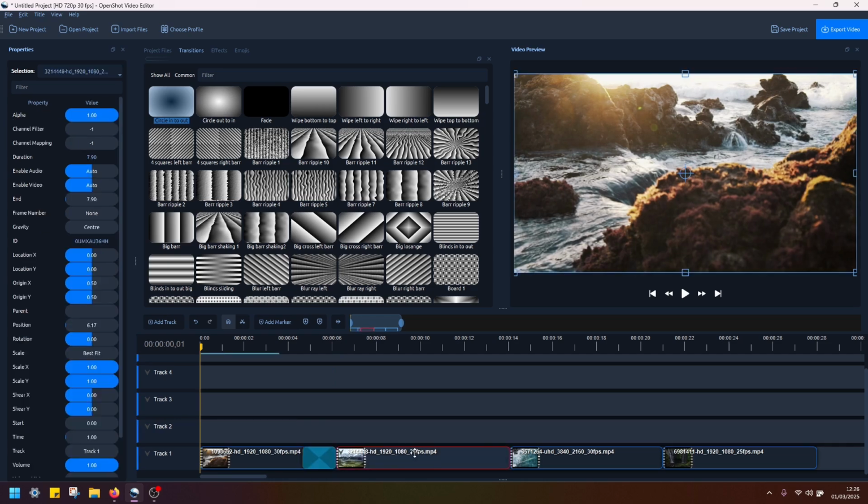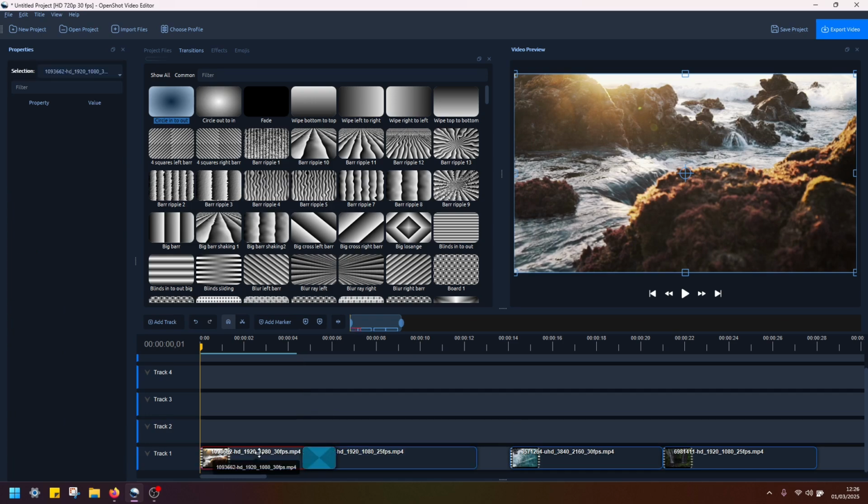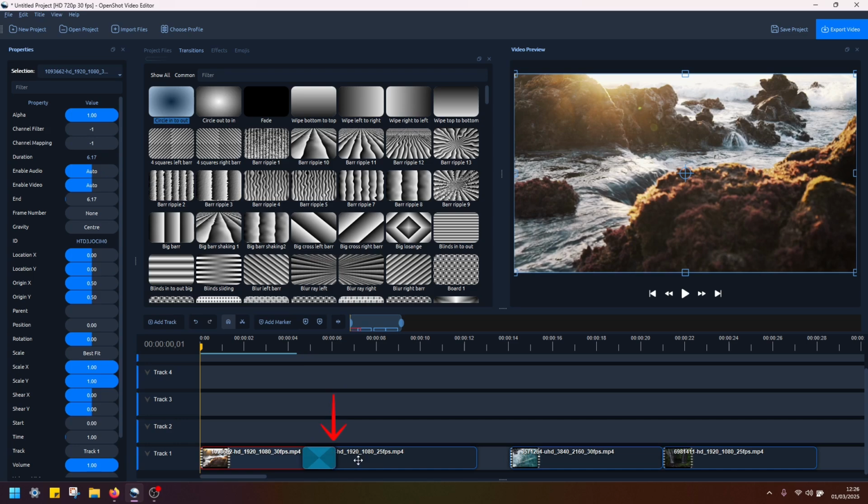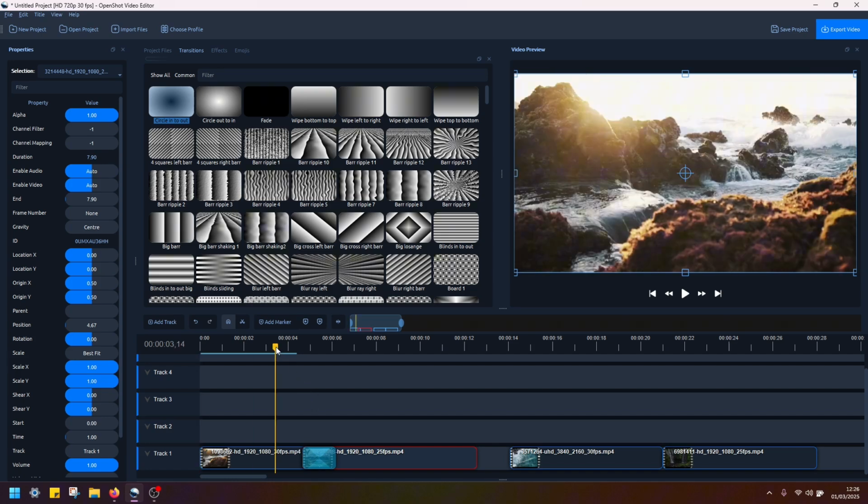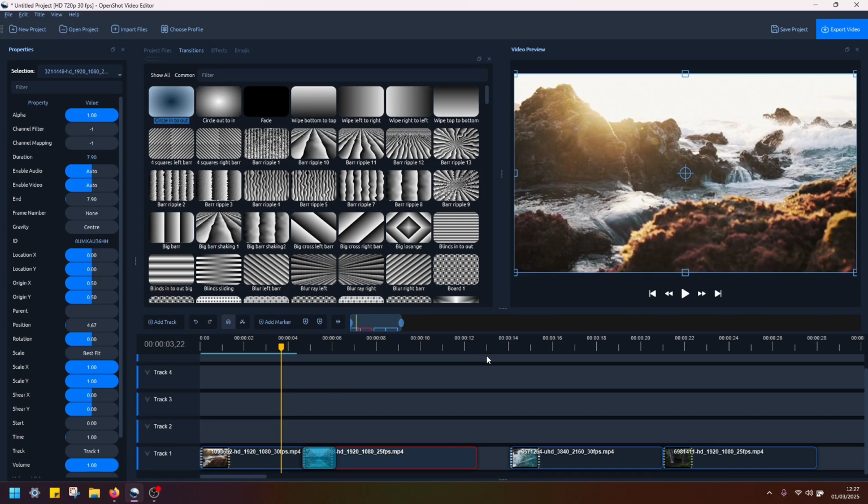Next, we take this second clip that we want to transition into. Left click and move this clip until it's aligned with the beginning of this transition here. Here you should see this blue line appearing, which means the video clip 2 is now aligned with this transition. So basically first clip has to align with the end, and second clip has to align with the start of the transition here. Now, if I move the cursor here, click play,